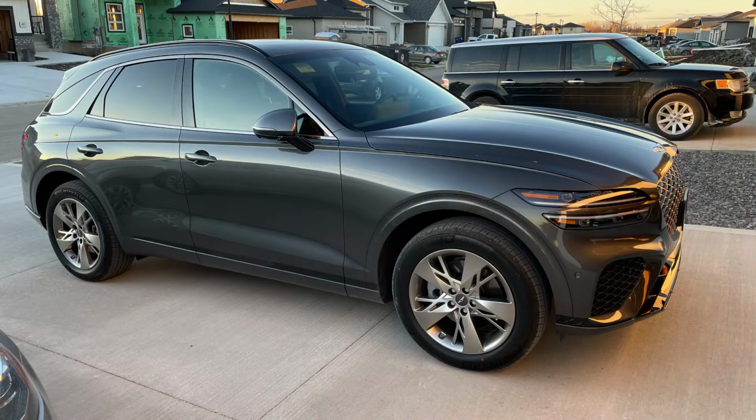Sent in a picture of his, this is the last one I think, yeah, is GV70. So that looks good with the wheel. Looks like a GV70 2.5 from what I can see there. Nice find, friend. Okay, so